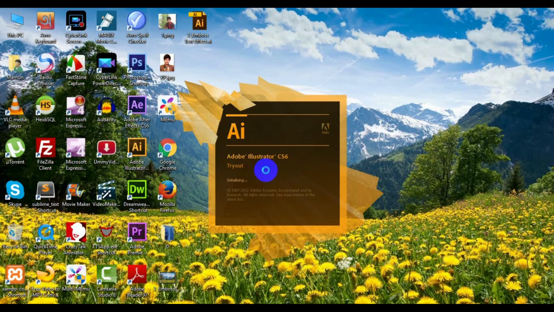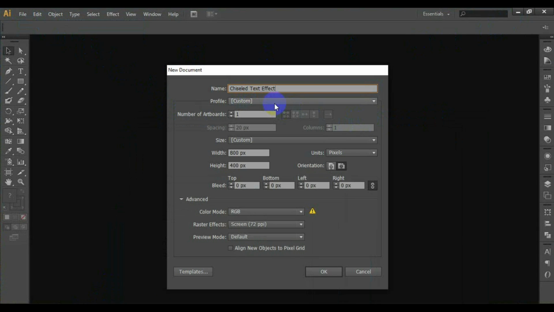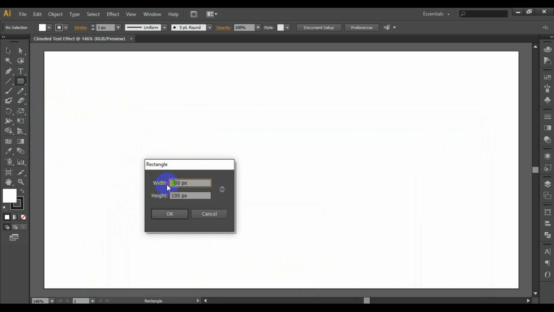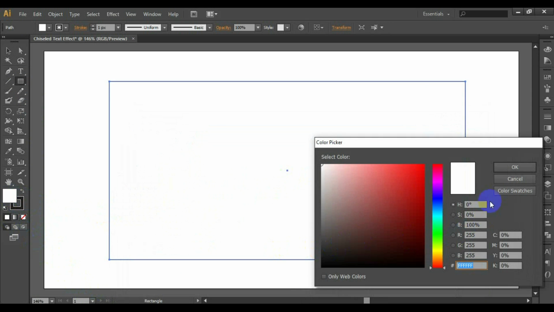Open Adobe Illustrator CS6. Press Ctrl+N to create a new document. Enter 800 in the width box and 400 in the height box, then click on the Advanced button. Select RGB, Screen, 72 ppi and make sure that the Align New Objects to Pixel Grid box is unchecked before you click OK. Draw a rectangle 600px width and 300px height and fill it with the RGB color value 209,